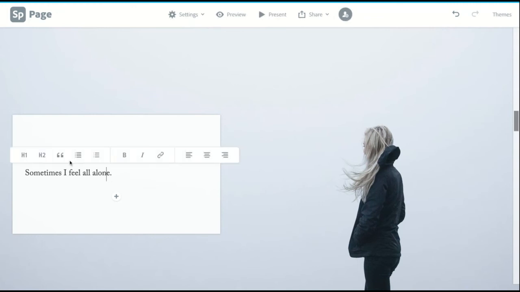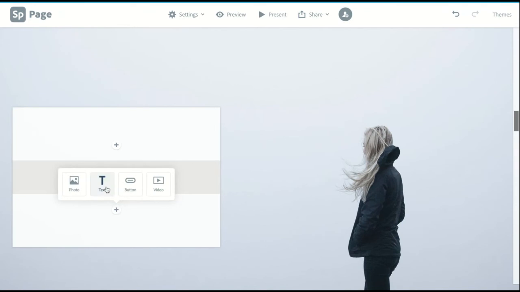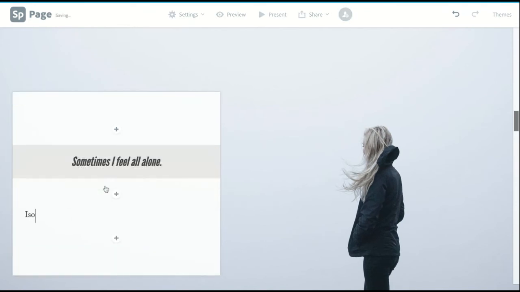And again, we could set that up as a pull quote. And isolation is a fact of life in a pandemic. And again, we could go on and have our students talk about that aspect of their lives.